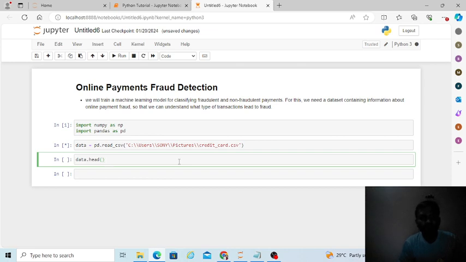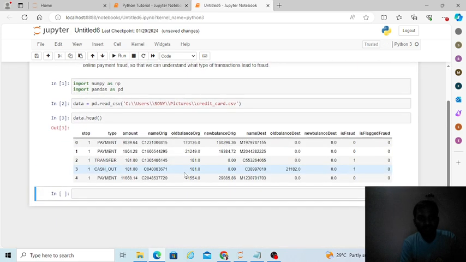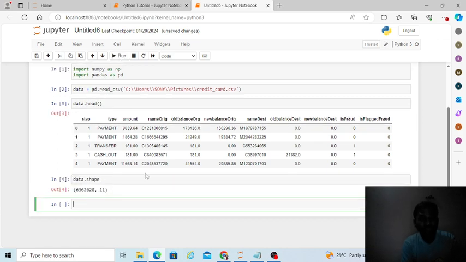So first of all we will see what all columns are there in this data set. As you can see here, the total number of columns is 11,